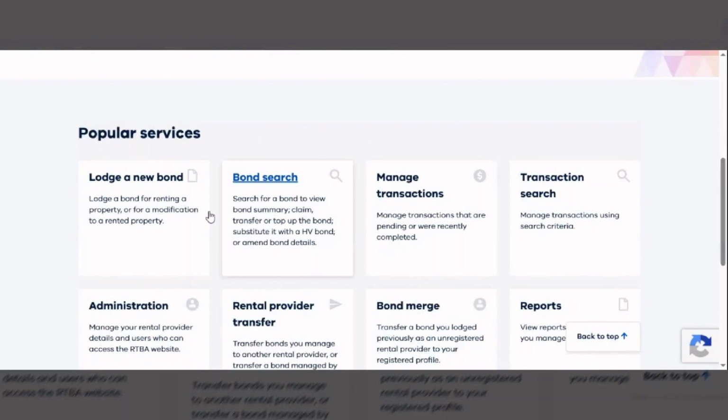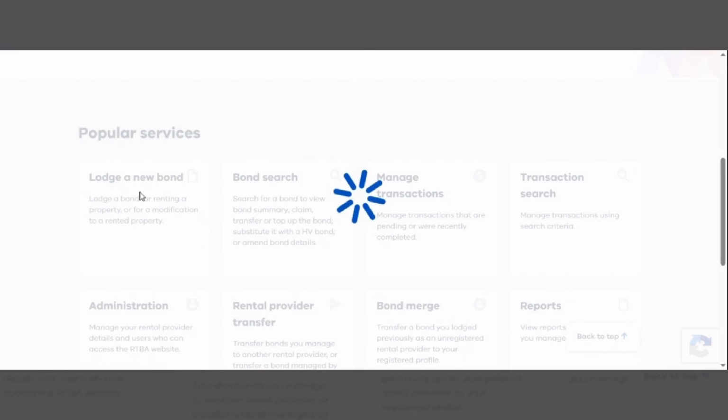Basically, whenever we need to launch a bond, we need the tenant's details and their date of birth. You need an application before you do the bond launch, and it is always done before you pass the keys of the property to the tenants. So do it before you let them into the property. There is an option to launch a bond. You need to open that.